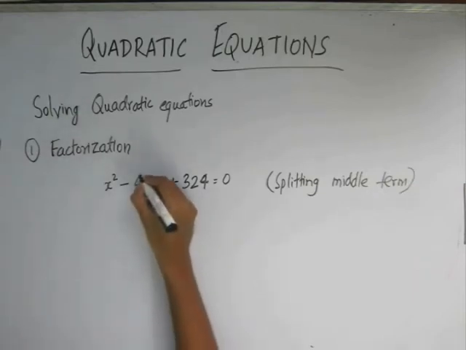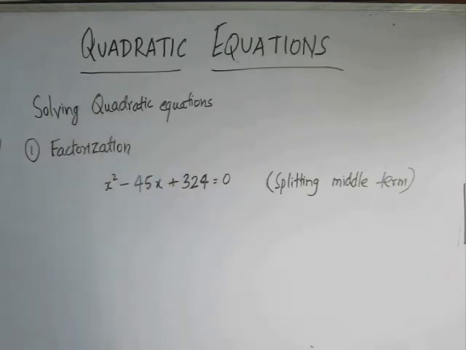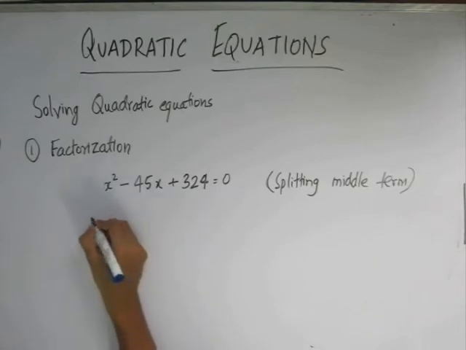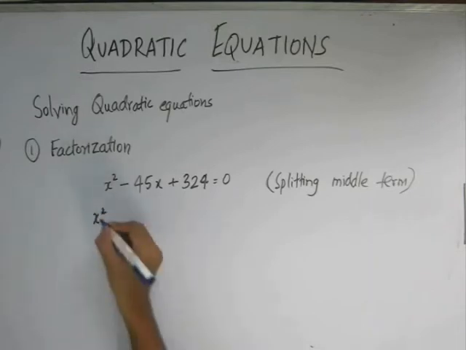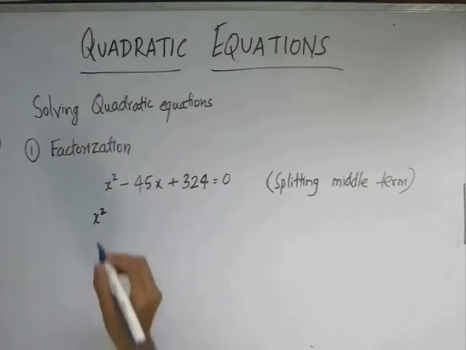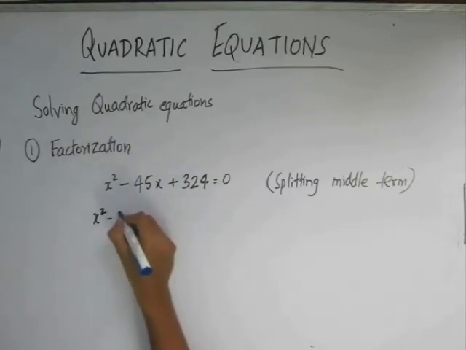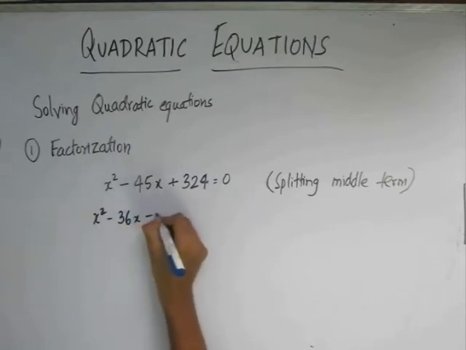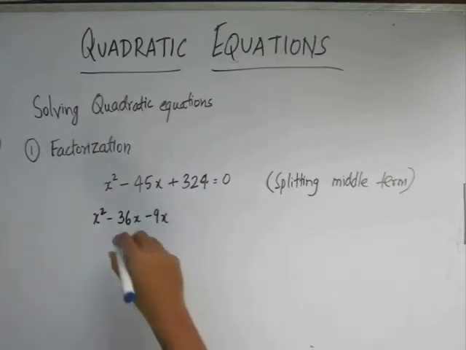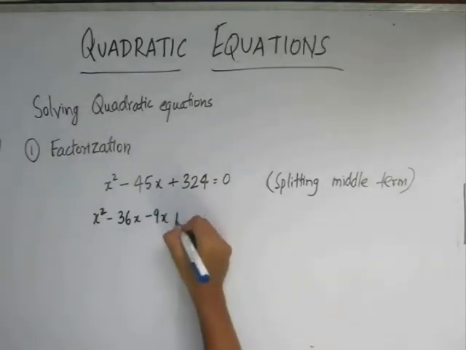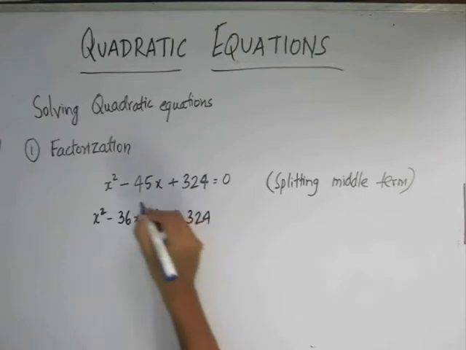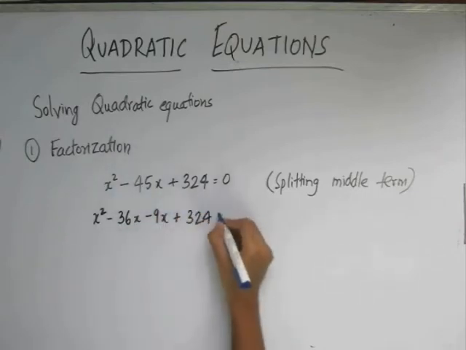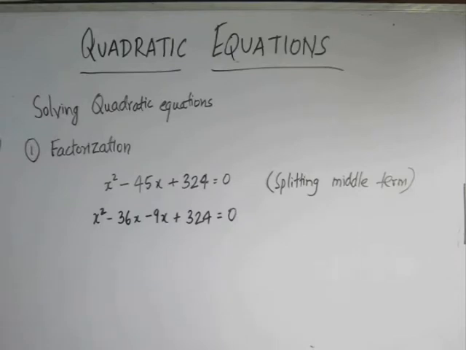So in this case, our objective is to split the value of 45 into two parts such that the sum of the two parts is 45 and the product of the two parts is 324. Now with practice you will be able to do this much quicker, but initially you may take time to figure out such numbers. So in this case, if you look at it for a while, you will get to know that 36 and 9 are two numbers which add up to 45, and at the same time 36 into 9 gives a value of 324. So we split 45 into two parts, 36 and 9, and write the equation in this form.